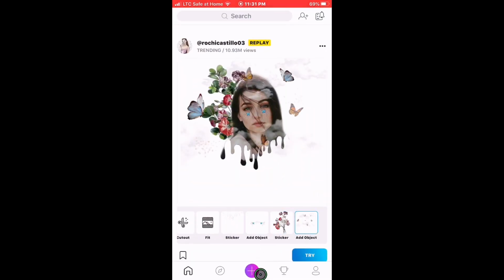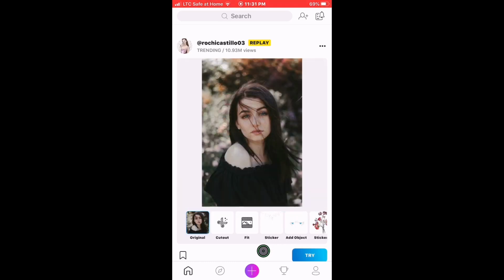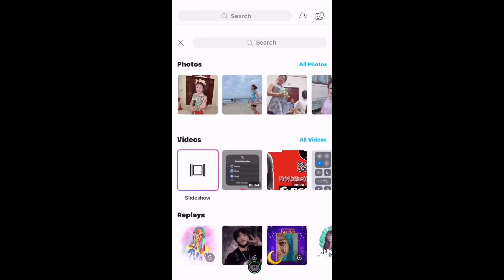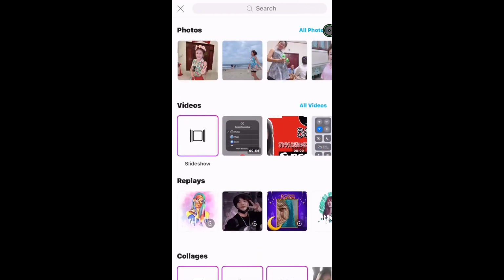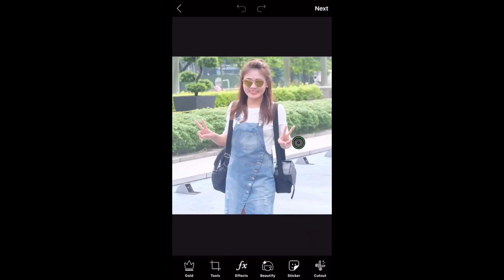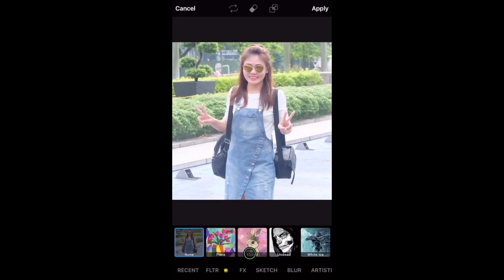After that, we just browse our picture that we would like to edit by clicking on this button, and then you will see this menu, all photos. You click here and you can browse your photo that you would like to edit. So now I will choose this photo, and next step you go to effect, this icon, effect, click here, then